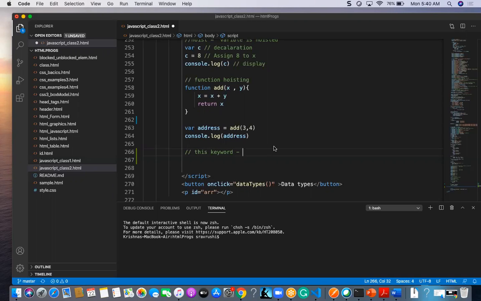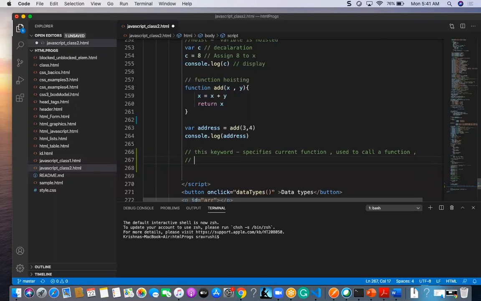This specifies the current function, and also is used to call a function, and also to declare a variable as a global object.